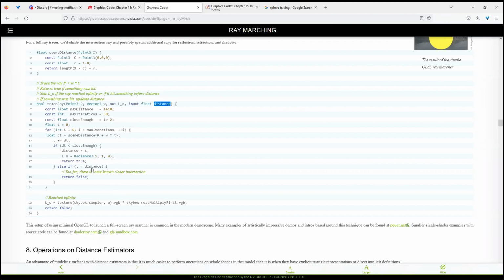So they're calling trace ray once for each object instead of using min max and having one scene distance. That's what it seems like. Yeah, I think it's just the one scene distance, right? Yeah, but he's saying it's line 18. If you've hit something that's closer, then you should just stop. Okay, so I guess that's the